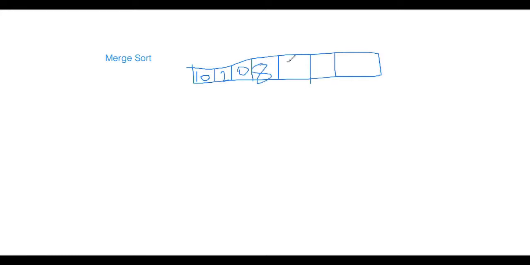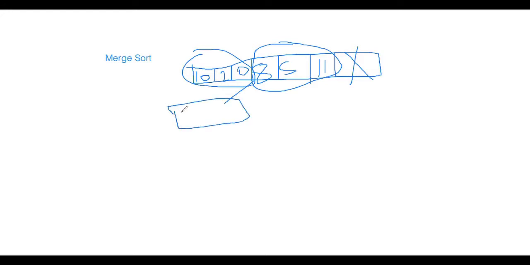8, 11, 5. So what we do is we don't do anything at all. We just divide the array into two parts, that's all. And we keep on dividing until we come to one position. So how do we divide this one? Take these three and those three. There's no pivot here. It's simple, divide from the middle.